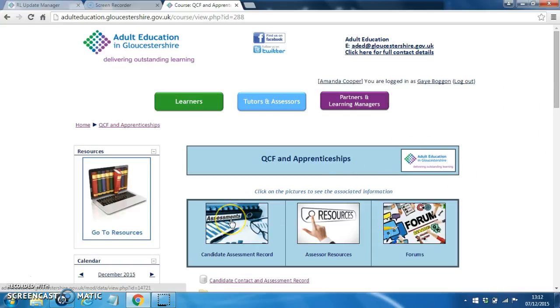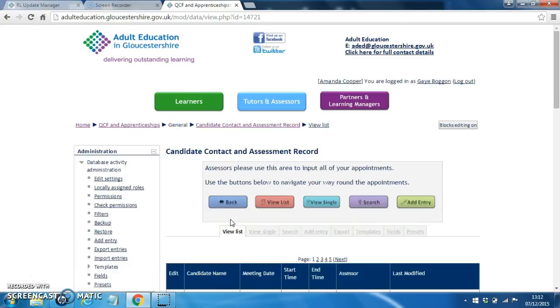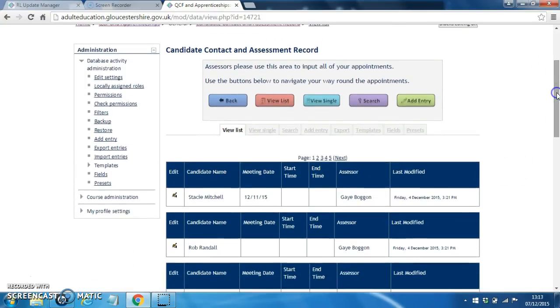And we can click on Candidate Assessment Record if we want to search for or update a record or contact sheet. Click the image. Okay, scrolling down a little bit. The first page opens with a full list of all the candidates that we have on record, and there are 44 of them at the moment. So if you wanted to see just your own candidates, what you would do is click on Search,